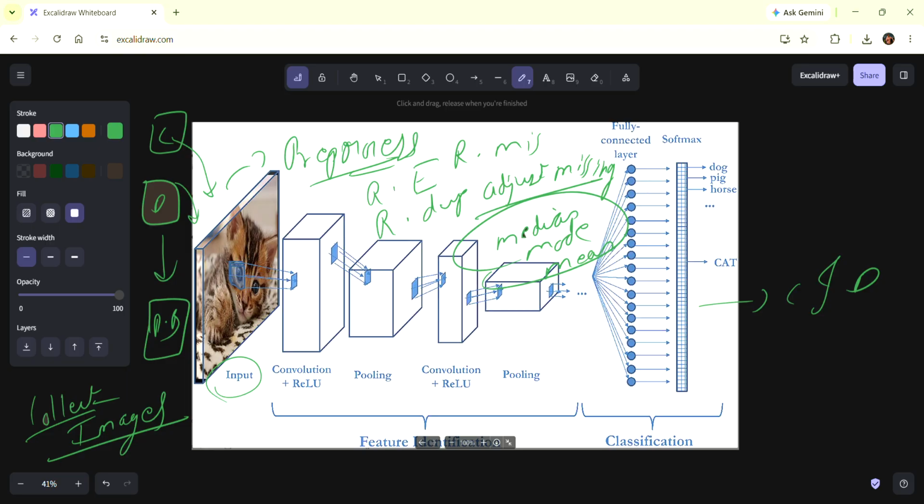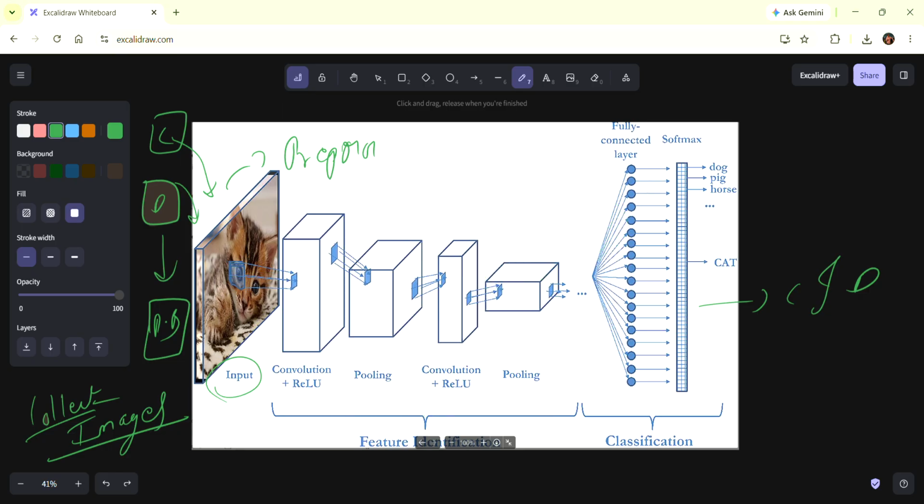What is the median? Median means the center of the numbers. Mean means the sum of all the observations divided by the total number of observations. Based on that formula, whatever outcome we get, we give the same. Mode means the most repeated value. Let's check whether the majority says cat or dog. If the majority says dog, more dogs are there, so we will predict the missing value as dog only, right? So like that we will discuss the data.